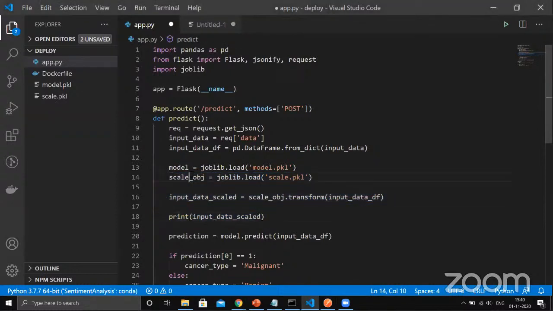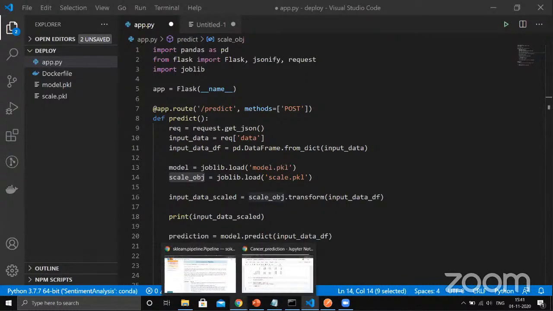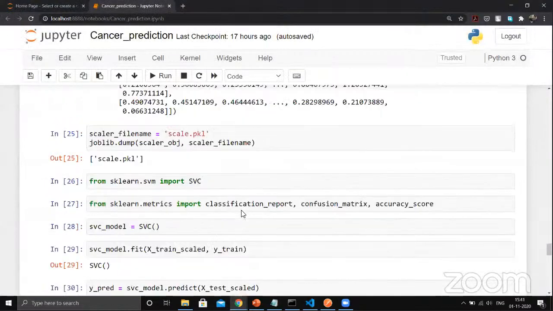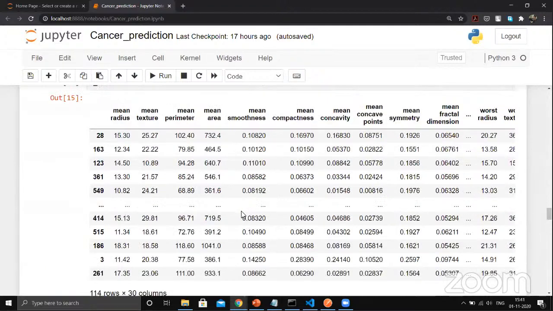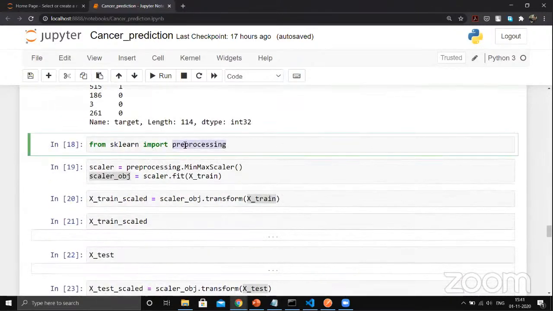So Sandeep, which changes do you need me to explain once? On the Jupyter notebook? Let me go through the Jupyter notebook once more. What we are doing here is adding sklearn.preprocessing. We are adding one more thing to our pipeline. Previously we were not doing scaling. So I added a